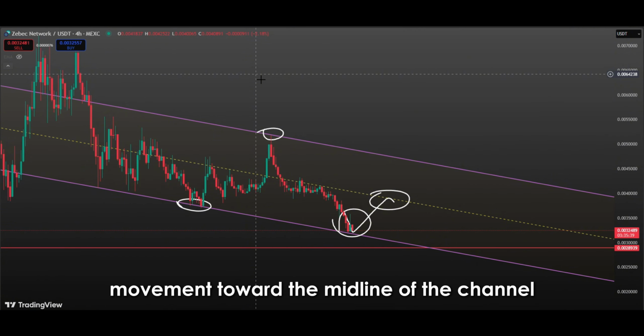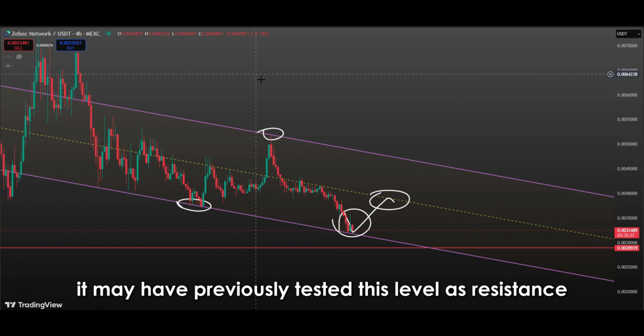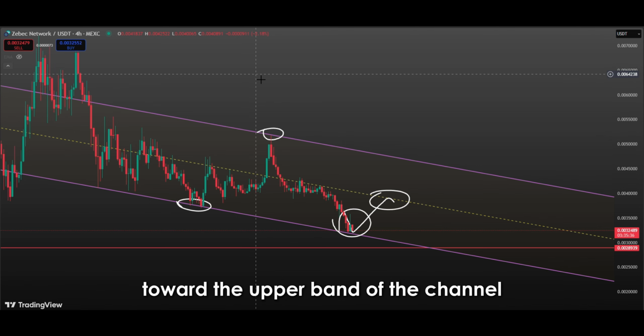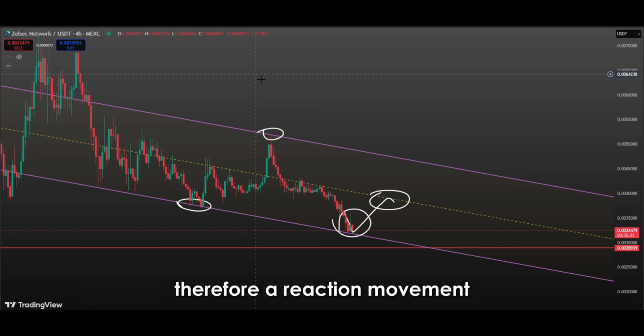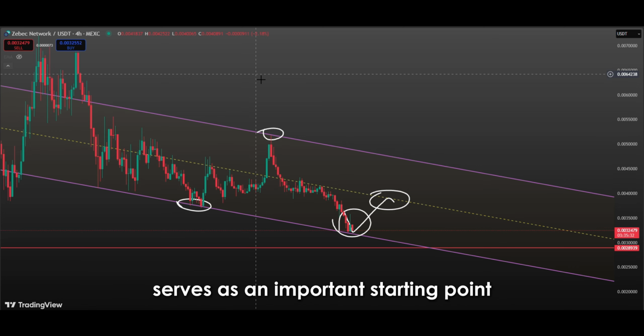Movement toward the midline of the channel also signals a short-term uptrend. Once the price reaches the midline, it may have previously tested this level as resistance. If the price breaks through this resistance, it could begin moving toward the upper band of the channel. This indicates that selling pressure has fully diminished and the market is gaining new upward momentum. Therefore, a reaction movement starting from the lower band of the channel serves as an important starting point for short